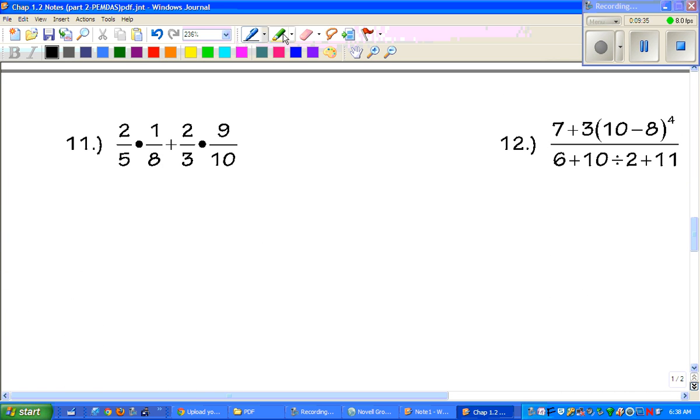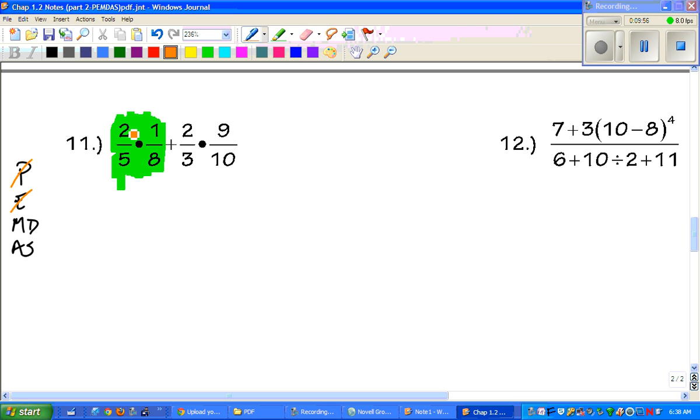Number 11. Don't worry about the fraction overload. We're going to do the same exact thing as we did on the previous one. Please excuse my dear Aunt Sally. Aunt Sally did not give us parentheses or exponents. Okay, let's worry about this